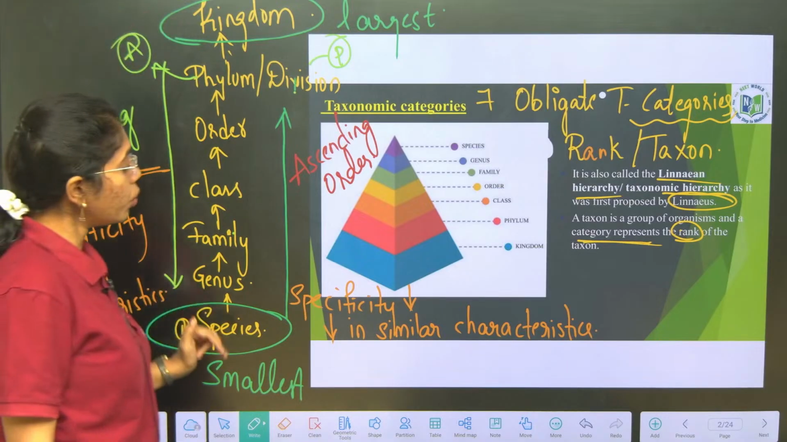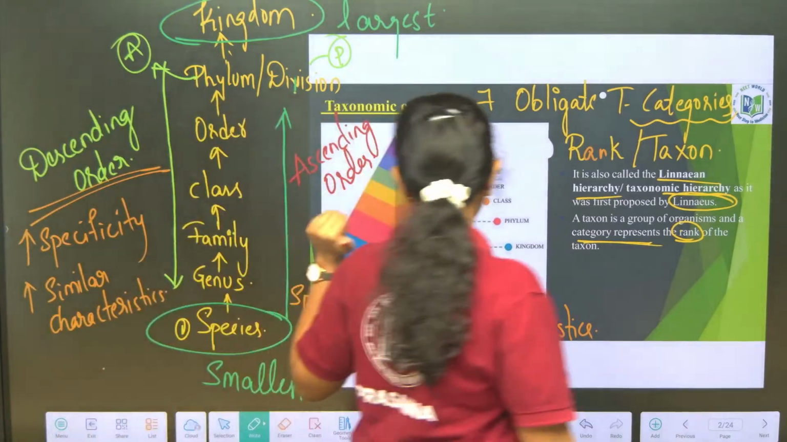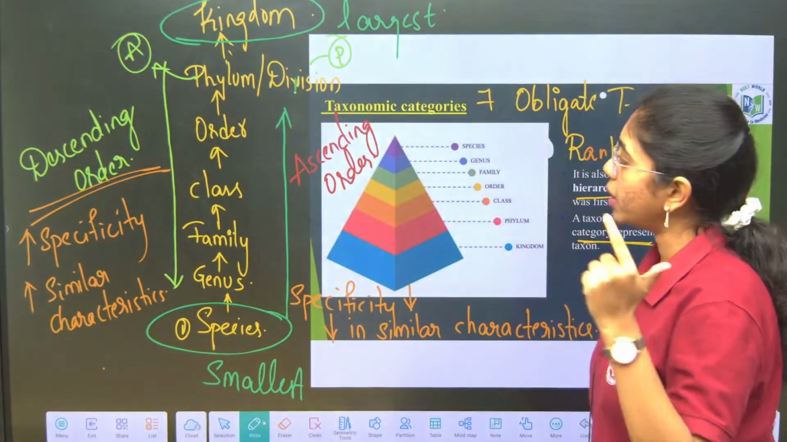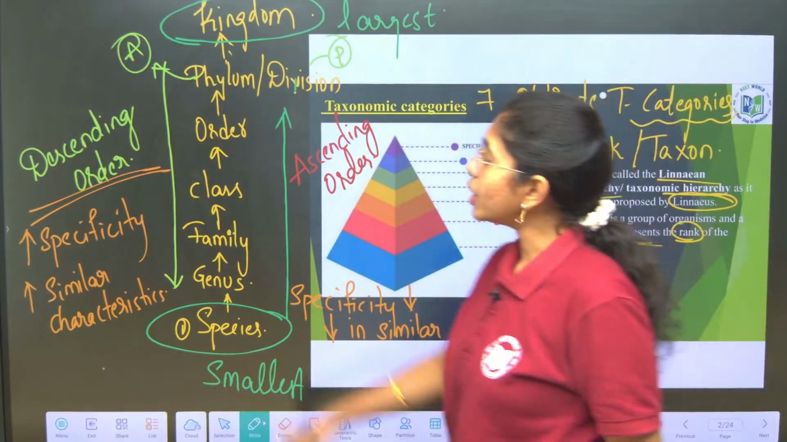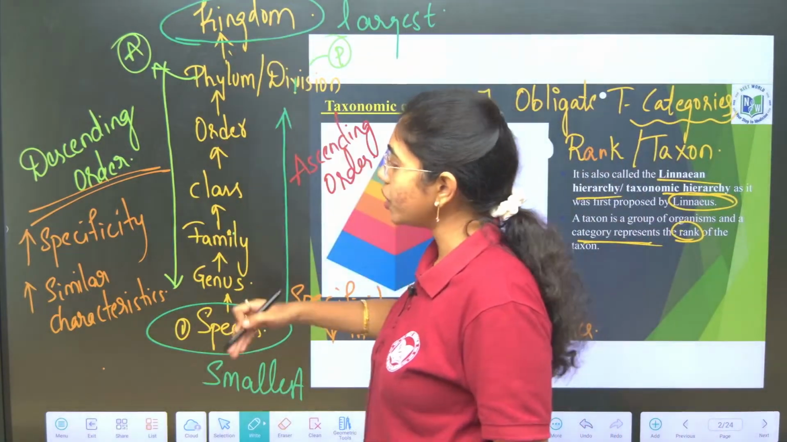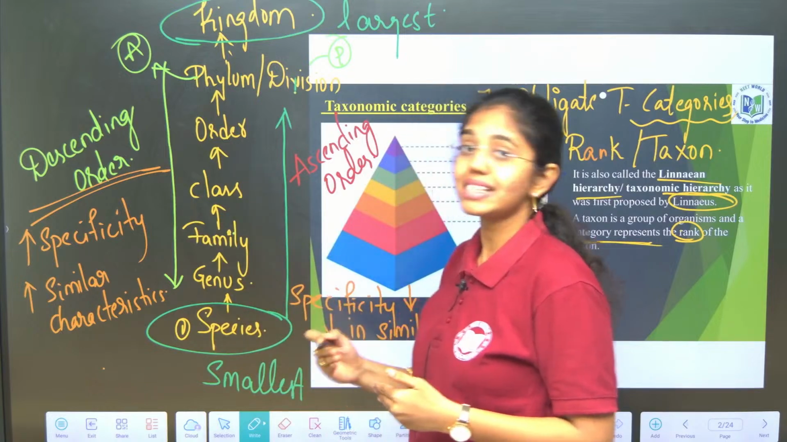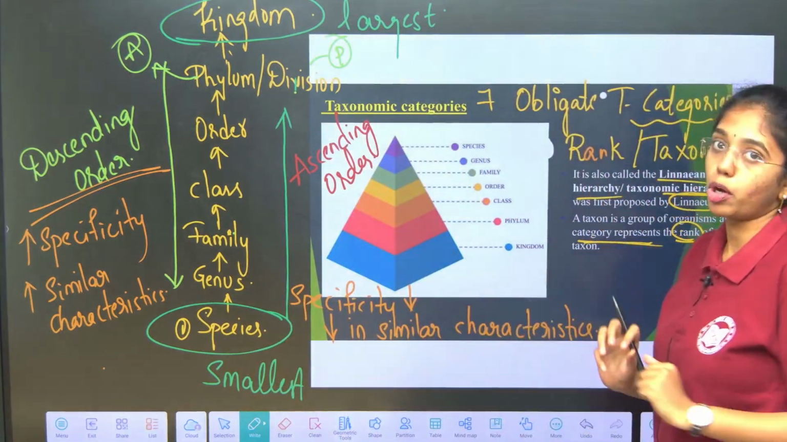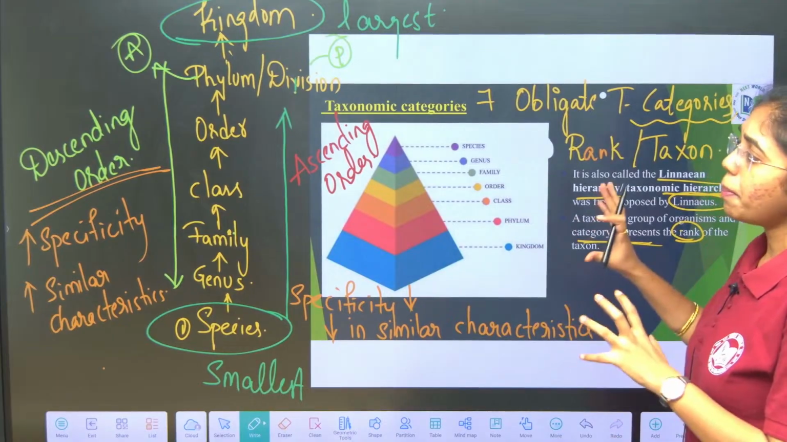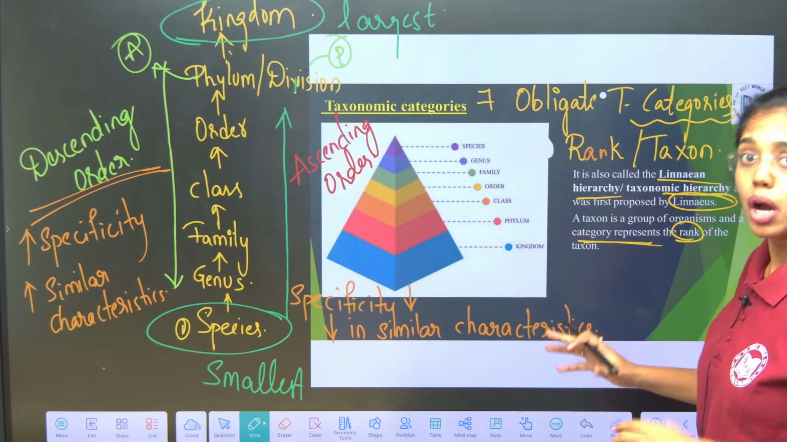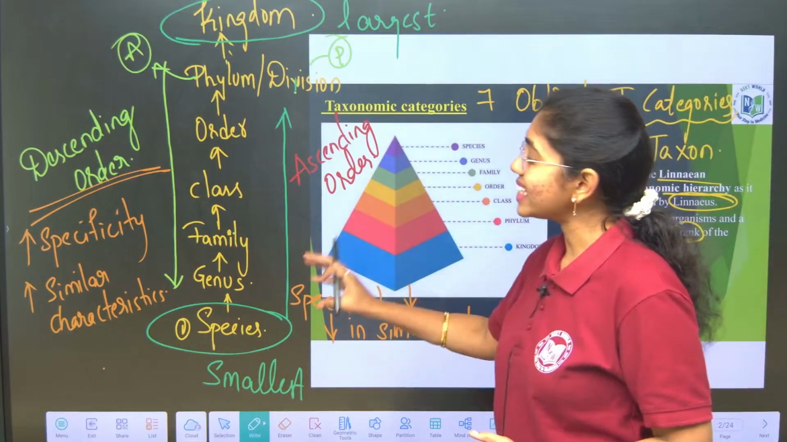And as you move in the ascending order, specificity decreases and there is a decrease in similar characteristics. And as you move in the descending order, that is from kingdom to species, specificity will increase and there will be an increase in similar characteristics which are shared amongst the organisms. This is the basic information that you have to know before we deal with each and every